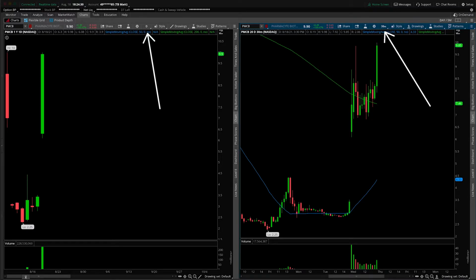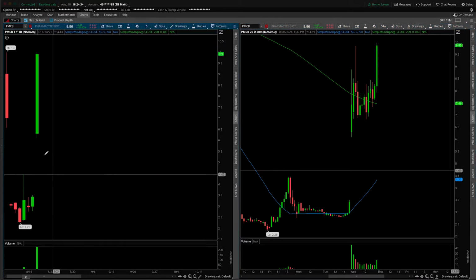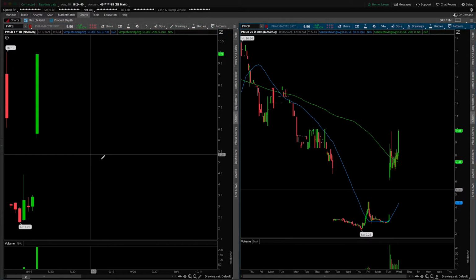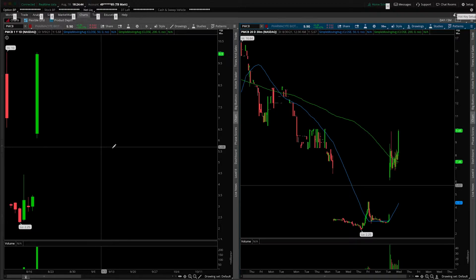time frame. First thing I want to clear the air about is that I'm not entirely sure what is going on with price action. You can see we only have a few days on the daily time frame, but if I scrunch this up, there are certainly more than the days that we're seeing, right? So I don't know exactly what's going on, but what I do want to focus on is certainly today's price